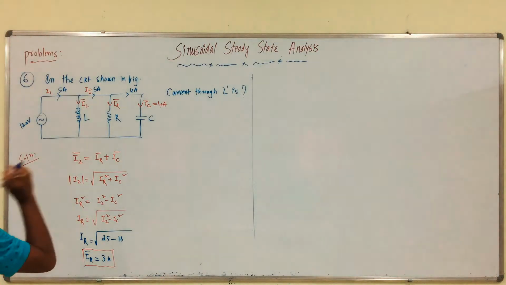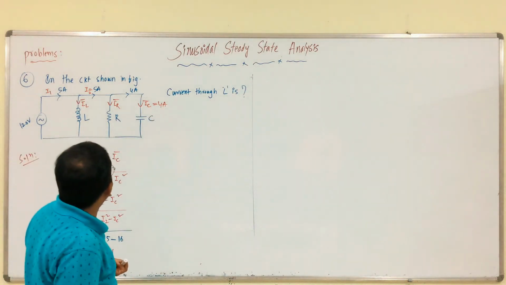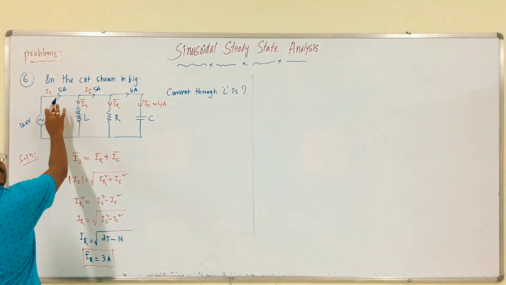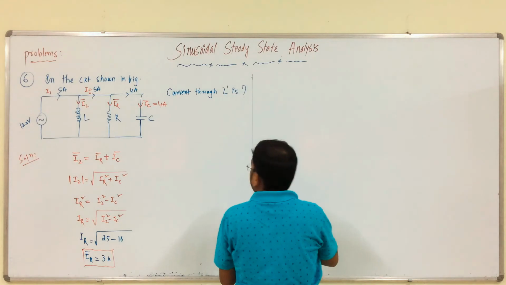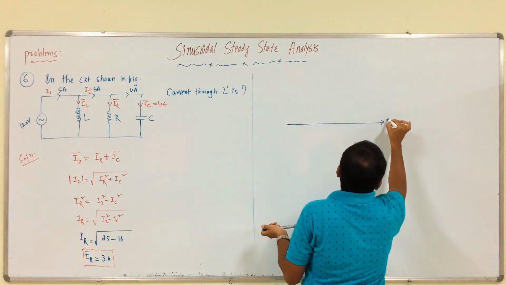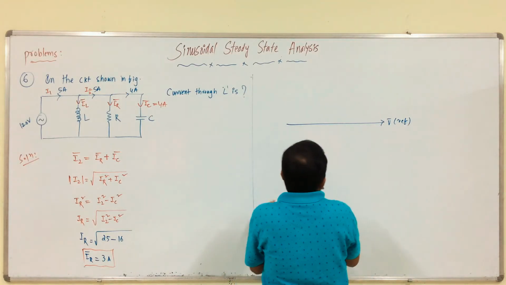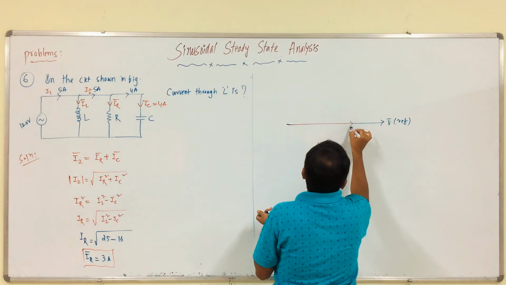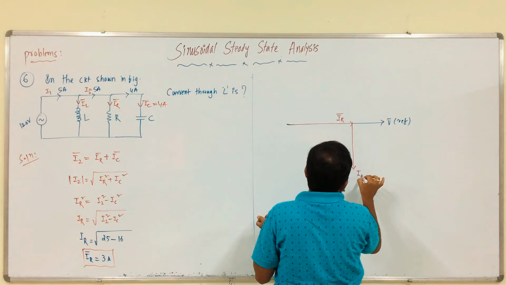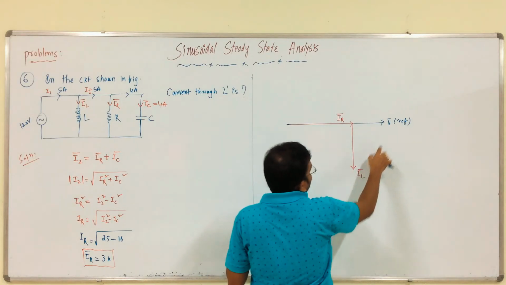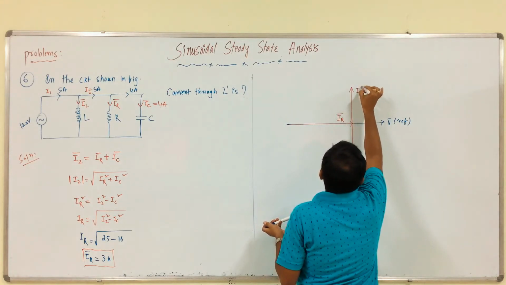Next, so we have 3 amps of IR, 4 amps of IC. By using phasor diagram, we can get the value of IL. That is it. This is the resultant source current. Simple. By using phasor diagram. So, this is the reference, right? Across any branch, the voltage is same. Next, the current through resistive branch. This is IR, like that. This is what? IL. Inductive current lags voltage by 90 degrees. Clear? Therefore, we can draw IC.